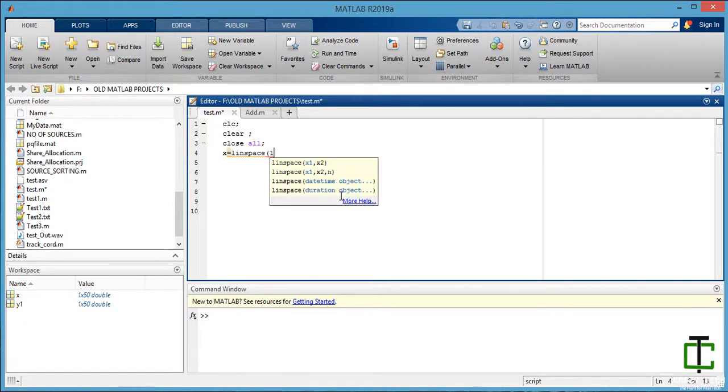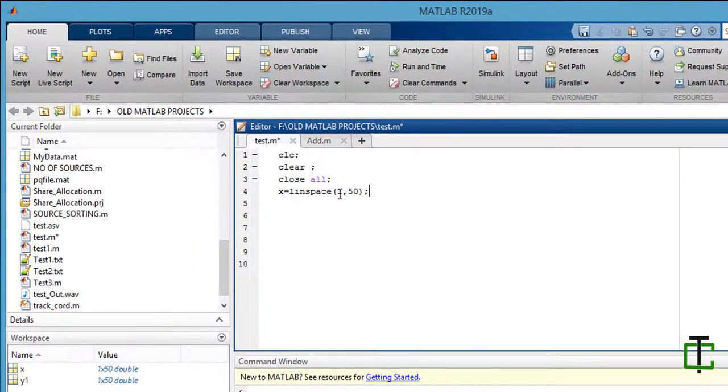Let's say linspace 1 comma 50. What it does, it displays the 100 values between 1 to 50 which are equally spaced.